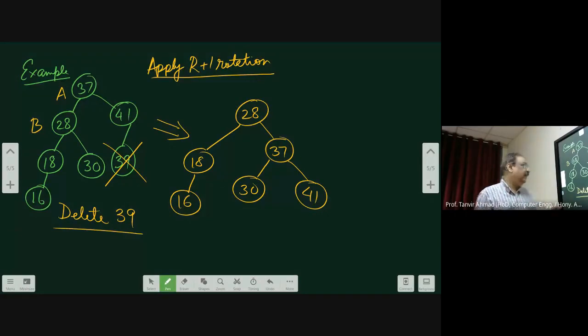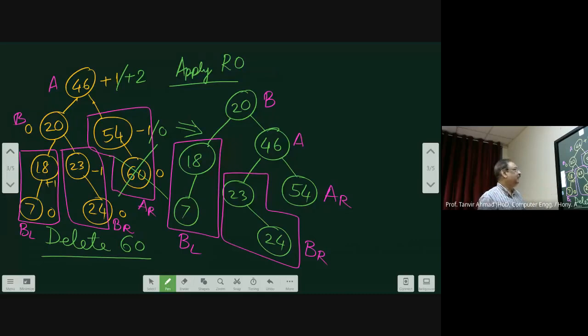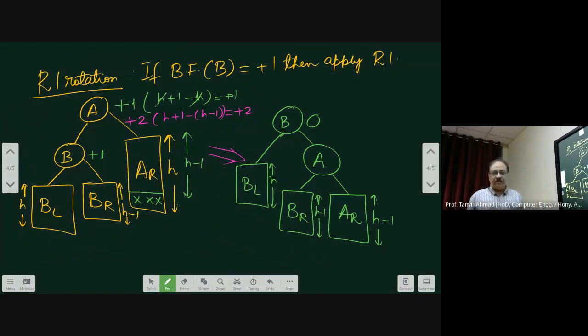And that is the here. Where if you see this case here, it was not like that. Here, 46's balance factor was +2. After rotation also, the balance factor of this is 1 less. That means here it is more. Now you see this. It doesn't make it 0, but the right hand side becomes more. And therefore, in that case, these rules are meant to be different with one another.